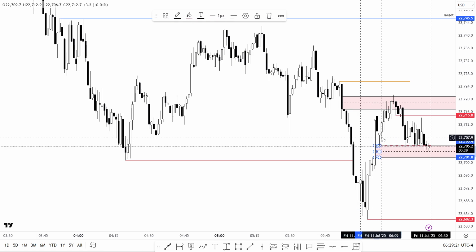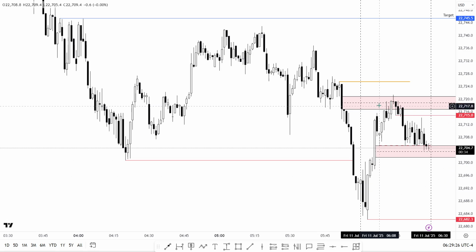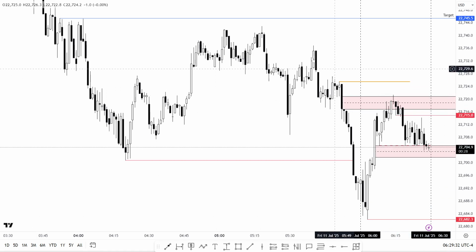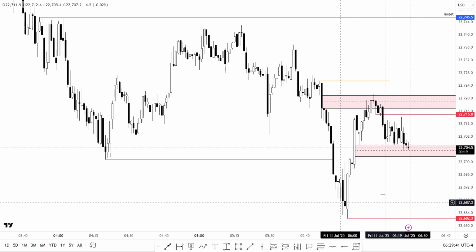But I feel like this is a decent amount of drawdown for a potential pop higher, and we've retraced into this inefficiency. We've balanced that already, and at 06:30 we should begin spooling for that high, ultimately. If not, it will begin spooling to my stop loss, and I'm wrong, and it's okay, and I misinterpreted the 6 to 7 o'clock hour.